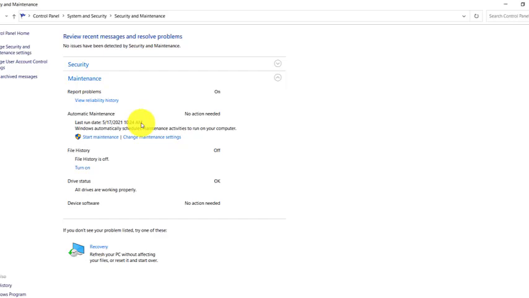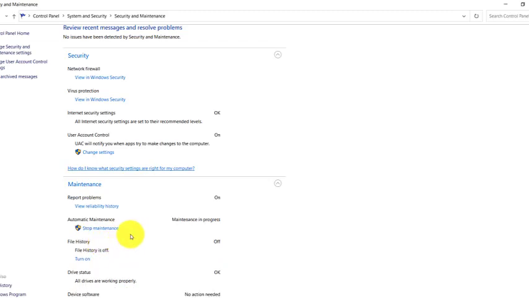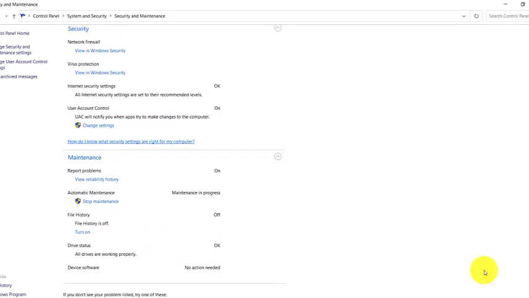Here you can see this start maintenance, right? So just click on this one and let's wait. Windows is basically maintaining our system, and if there is any issue then it will automatically fix it, and it will rectify the changes we have done previously and help you to get a better system performance.